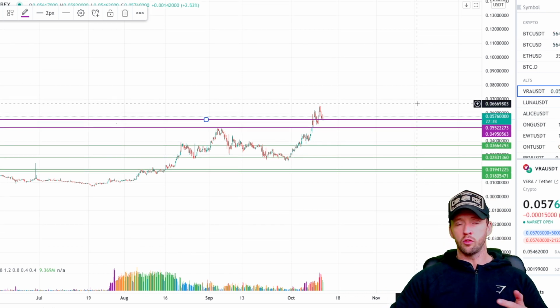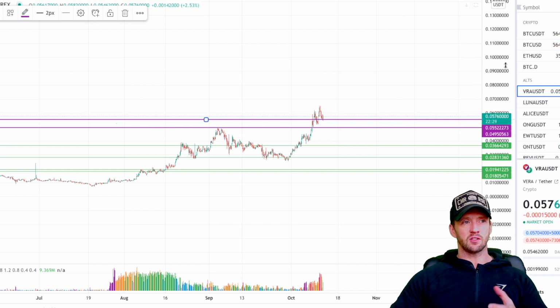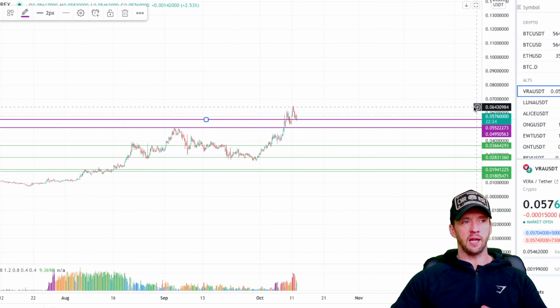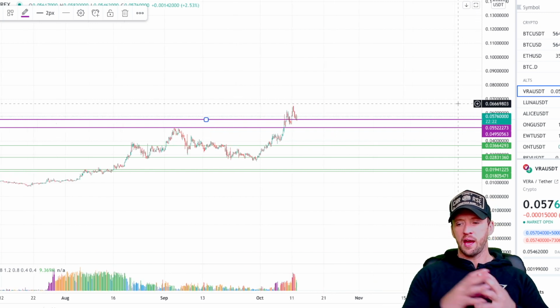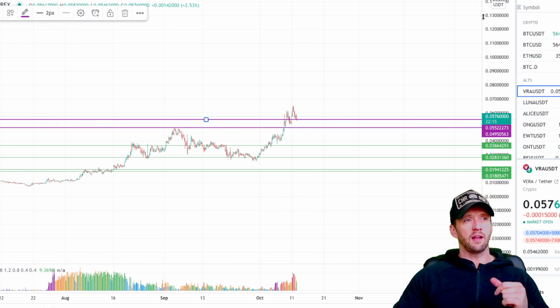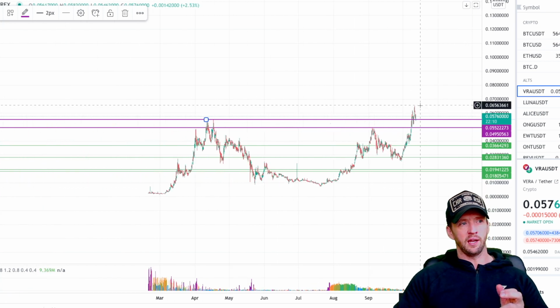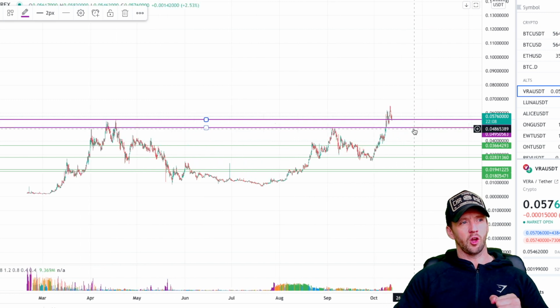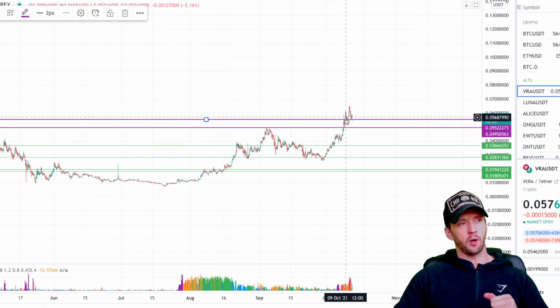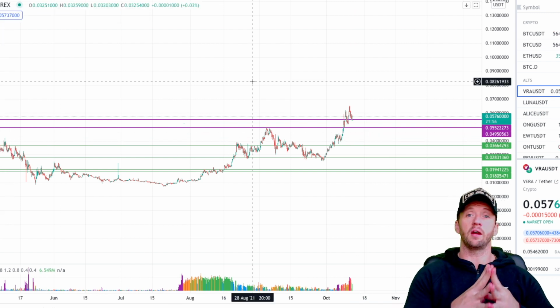It's not reaching the $2 and the $1.50 price margins that they are. 8 cents to 9 cents, which is absolutely mad for this token that literally spawned out of nowhere. And if it gets to like 12 cents or 13 cents, you're still going to make crazy gains. And this is still putting in all-time highs. So at the moment, it's still going up a long way. It's done higher highs, higher lows, and it is on a massive uptrend. So I would definitely put VRA on your watch list.